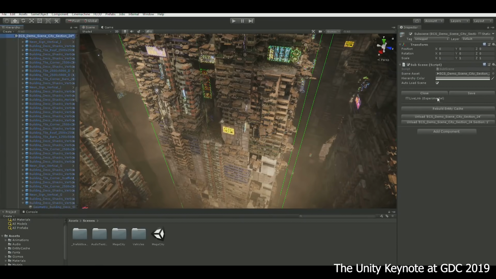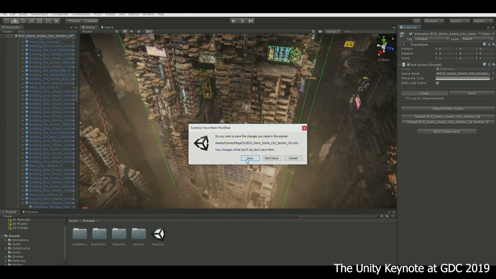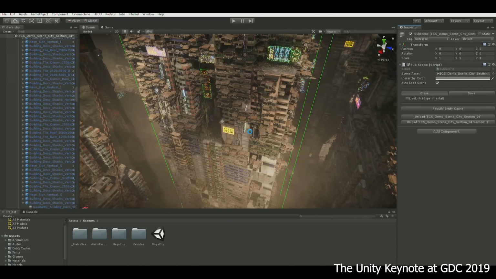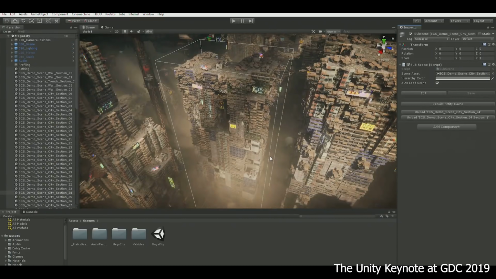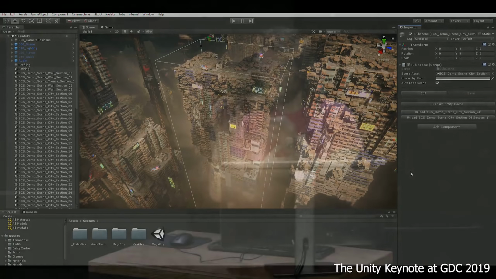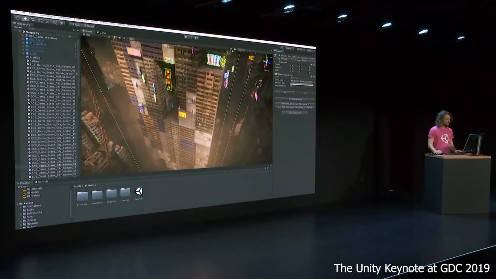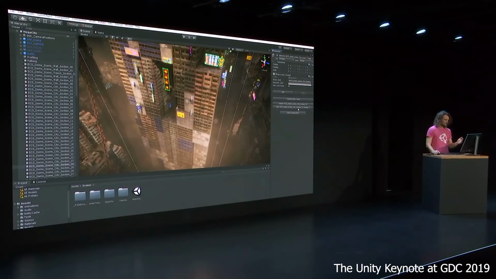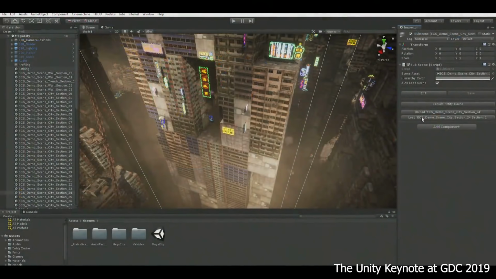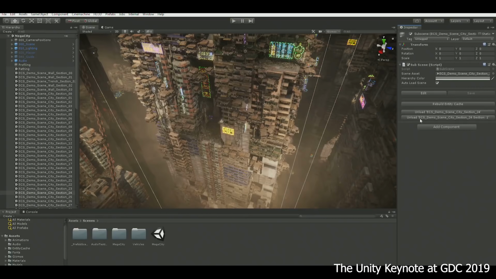Now, when I'm done editing, I can just close the scene, I can save it, and what you see then is we are saving the scene to disk, the game objects, but we're also saving the entity optimized representation. And we can actually load and unload the different parts, these different sections. So here you can see the low resolution detail with just a couple of renderers just representing the shell of the building. But then when I load the rest of the scene in,